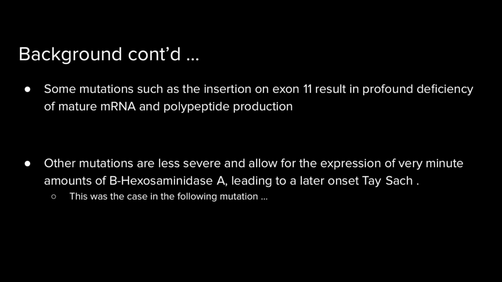However, there are other mutations which are much less severe and allow for the expression of some functional hexosaminidase. Furthermore, there is some breakdown, but still not enough to prevent accumulation of GM2. It just accumulates more slowly than it would in typical Tay-Sachs. So this is labeled as late onset Tay-Sachs, which is the Tay-Sachs that's observed in the patient that's